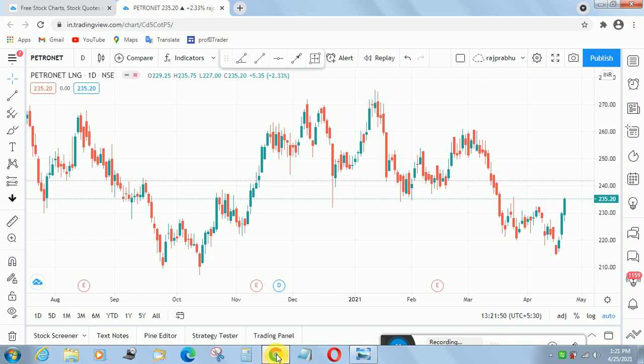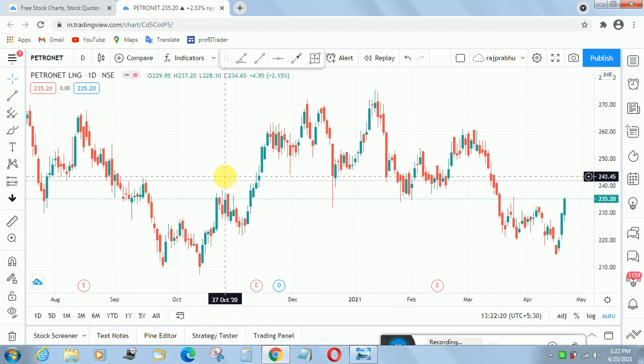And today I'm going to show you how to use a trend line to find market structure. Trend lines are dynamic support and resistance. They are used to find the trend of a stock or index. You can use a trend line to find the structure and direction of the trend. So let's go directly into the video.